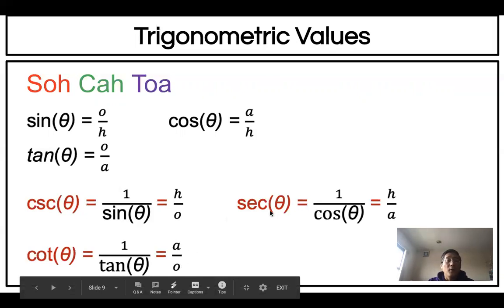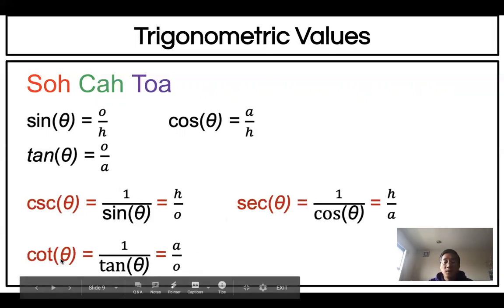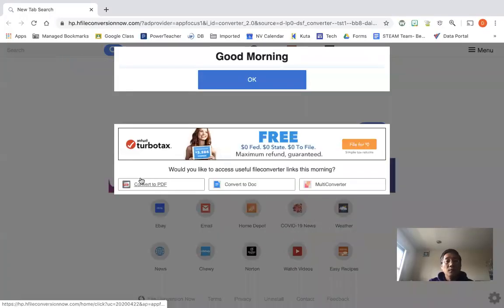So when you find the value for cosecant, secant, cotangent, don't worry about this. What should you do? You find sine, cosine, tangent. If you know sine, cosine, tangent,